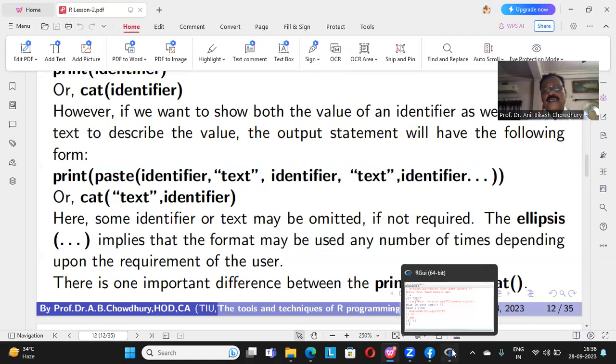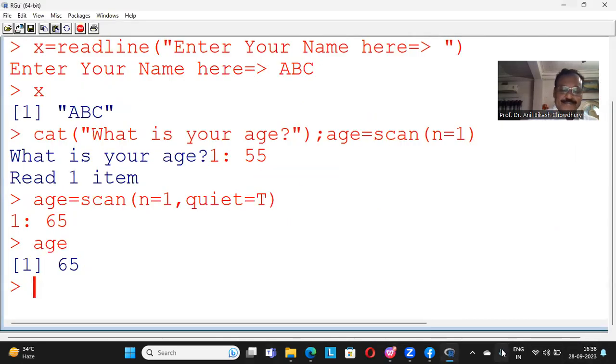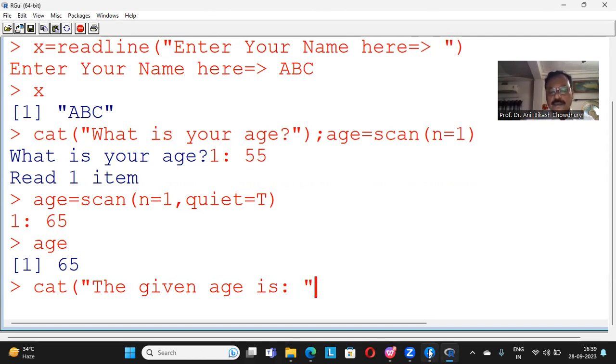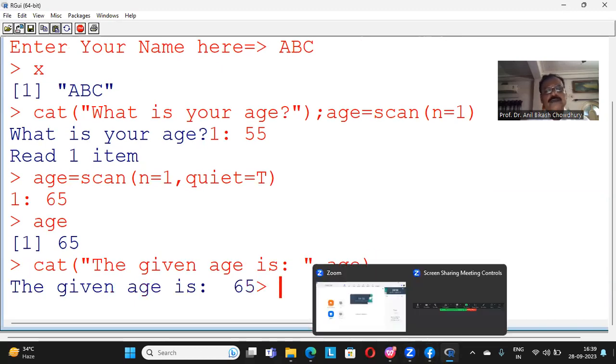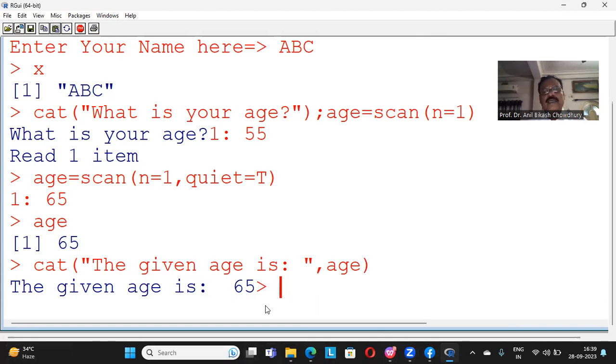For example, let us see here: cat, the given age is, say, put a colon and a space, end of double quotes, followed by a comma, followed by age. We write this. So let us see what happens. It shows what the given age is. When the prompt comes here,